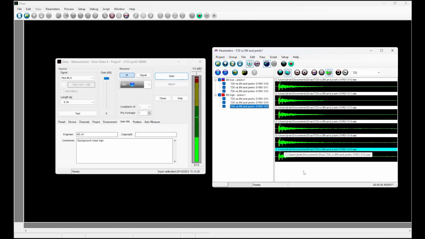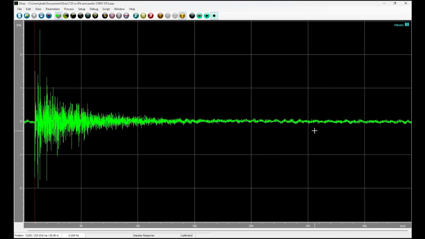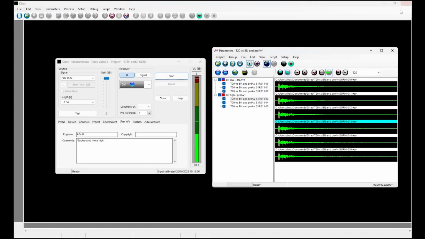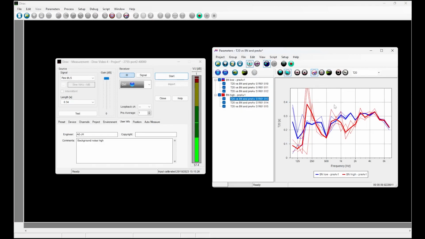The impulse responses look noisier now, and the new T20 graph differs from the first one. The high background noise group shows a variation across the measurements that is significantly larger than that of the low background noise group. From inspection of the INR,